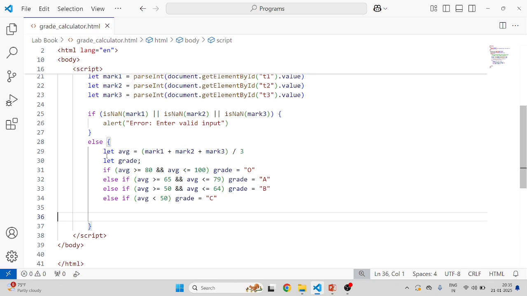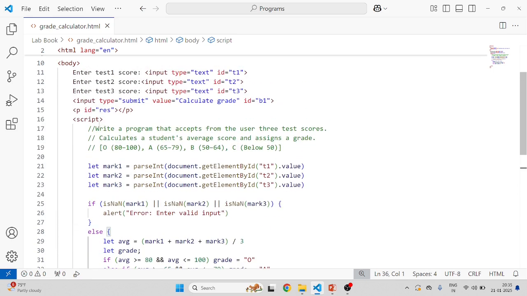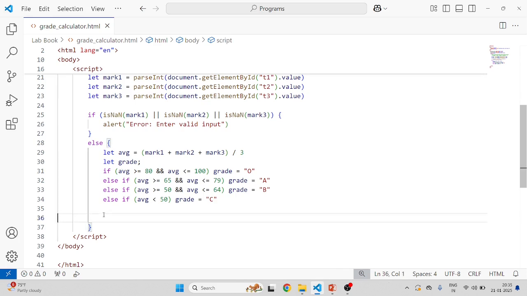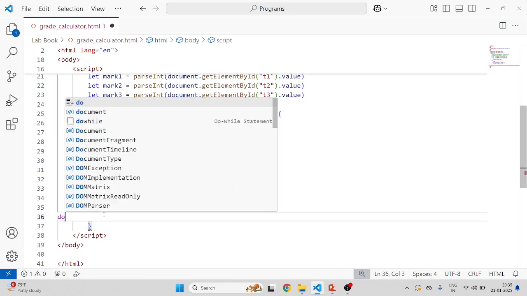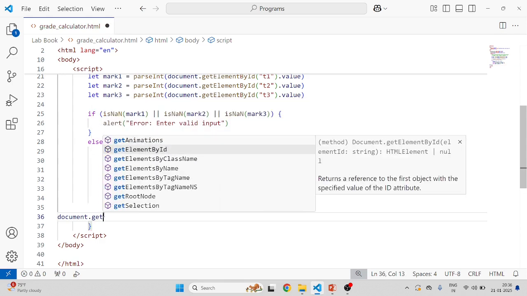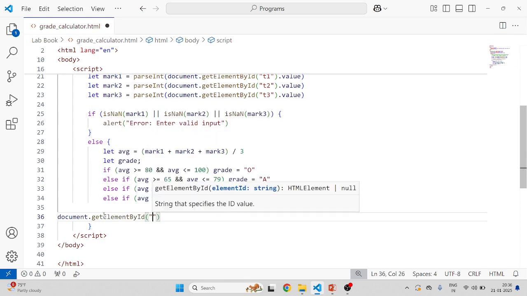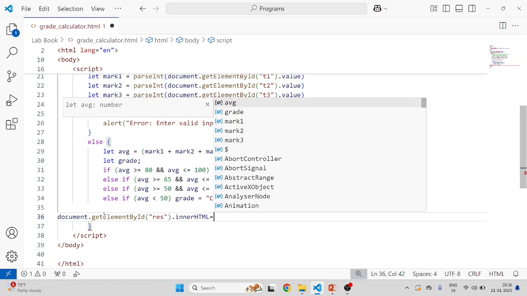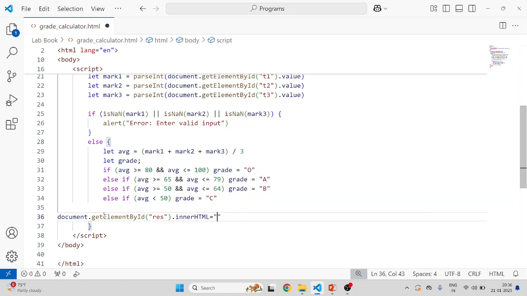Now we have calculated the average as well as grade. Now let us display the result. For displaying result we have taken this paragraph, and inside this paragraph we are going to show the result. So first of all let us fetch that paragraph again using document.getElementById and give ID of that paragraph. Then using innerHTML property we can set the text. So innerHTML is equal to